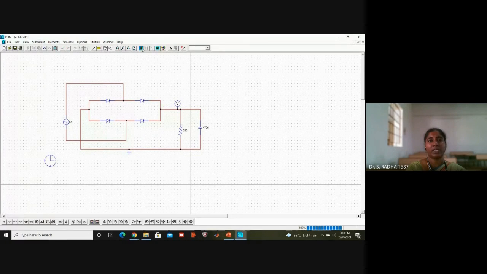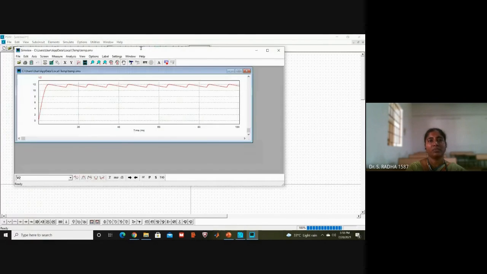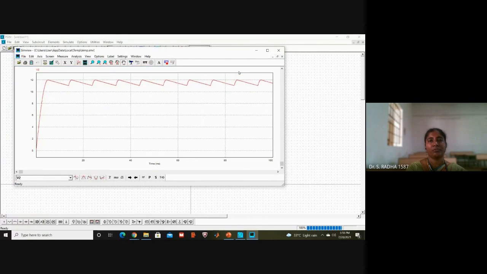Again, I will simulate, run simulation. Now the output waveform should be different. Now this is with filter. The waveform is coming with filter. Okay. I showed you in the PPT how the with-filter waveform will be. The ripples are reduced. It is trying to become a constant waveform, pure DC. From pulsating DC, it is trying to become a pure DC. Okay. This is about